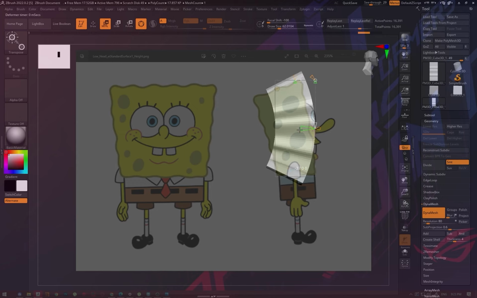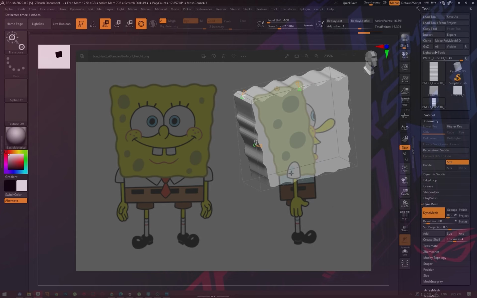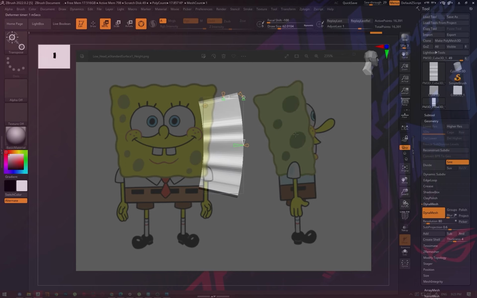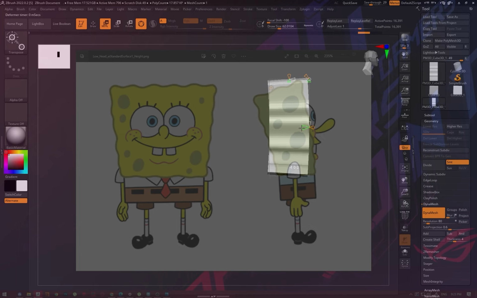bends the model a bit. So you can bend it as much as you want, but be careful to not deform it very much. You can bend it depending on which angle you're looking from, or in which direction you're pulling. So as you can see, the SpongeBob is a bit curved, but not that much. So I'm going to bend it just a bit, and using the other axis, so let's say the orange axis, but from another point, so the upper point, we can rotate it a bit and place it where it needs